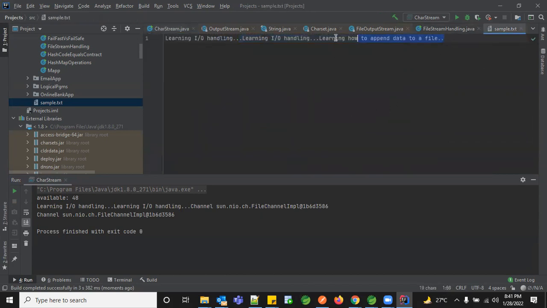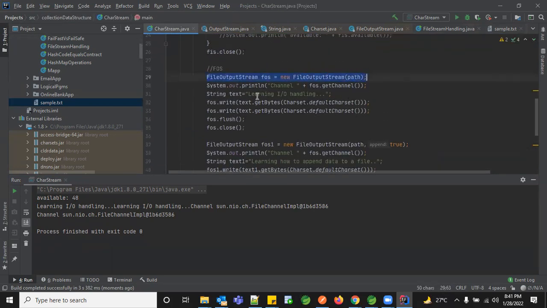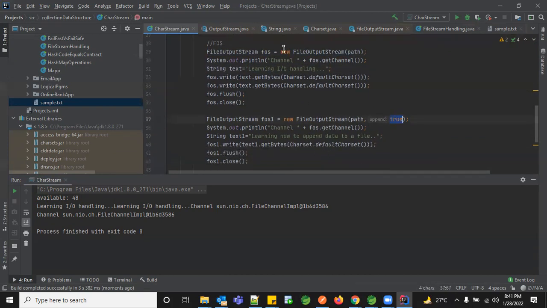You see now, the data has been appended without excluding anything. You had the previous file which has this learning IO handling, which was done as part of your first object file. But when I gave append true, what happened? The existing data was remaining and I was able to do this.